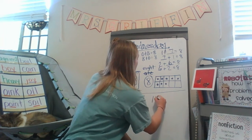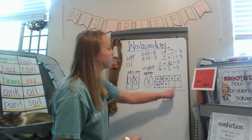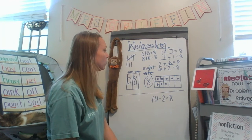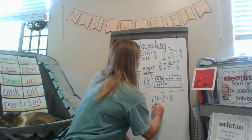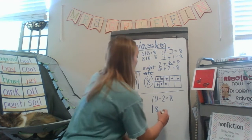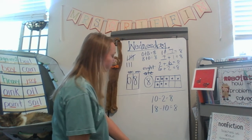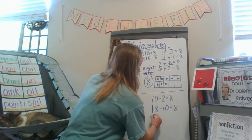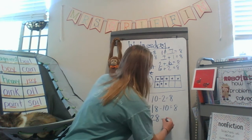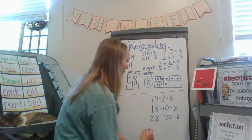Now, if I have 10 and I take away 2, I know that equals 8. I have a 10 frame. I've already got 8 in there, 2 spaces. Now, let's see. What if I had 18, oh, getting big, minus 10. Take away 10 equals 8. Or I could do 28 minus 20 equals 8. What would happen if I had